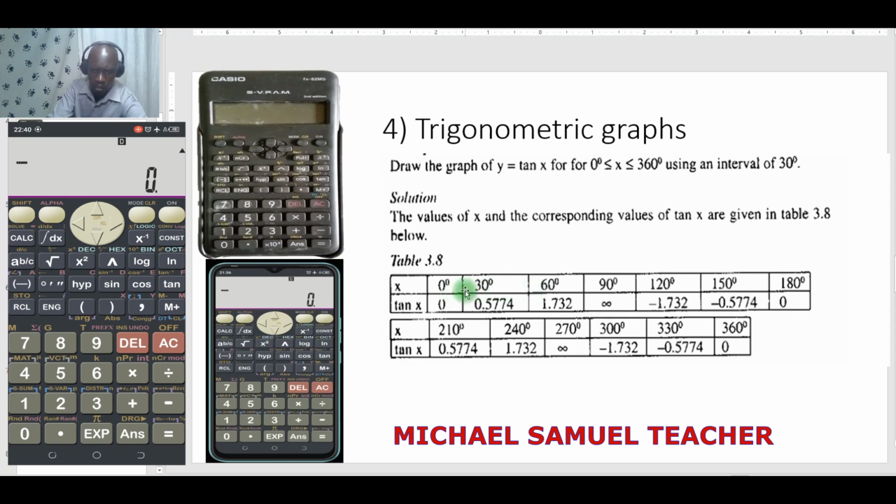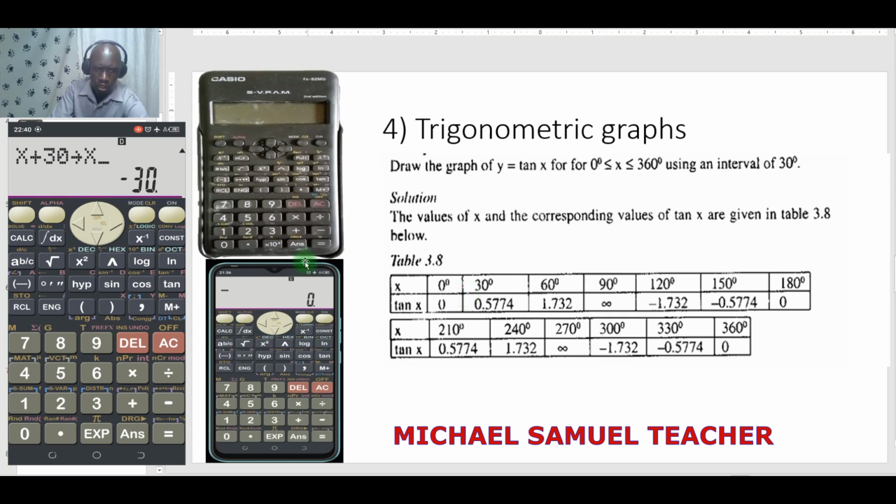So 30 times 2, we have 60. So we move from 0, 60 steps backward. So we shall have minus 60. So key in minus 60 on the calculator, then press Shift, recall, close the bracket. Then alpha, close the bracket, we have x, then we add the step, so plus 30, that is the interval. Then press shift, recall, close the bracket, then press